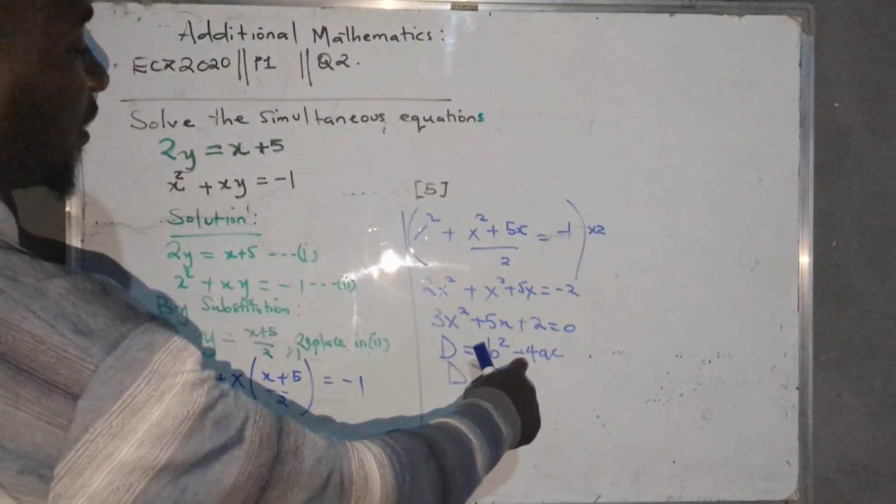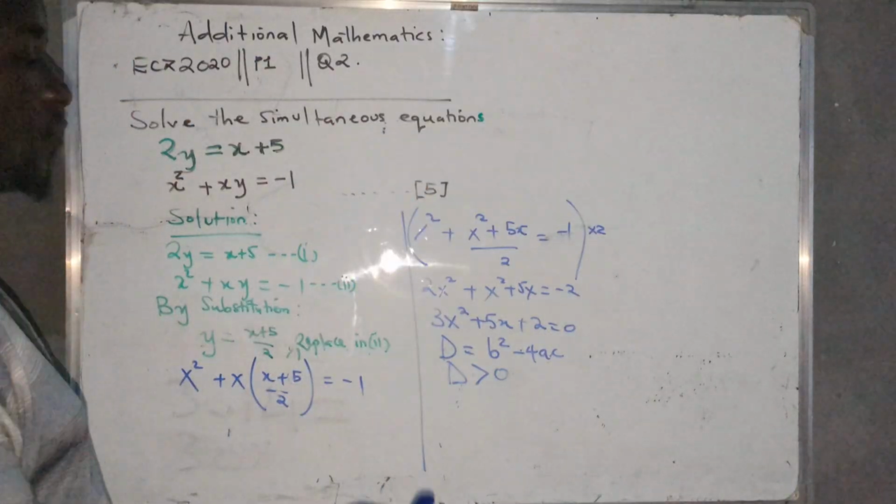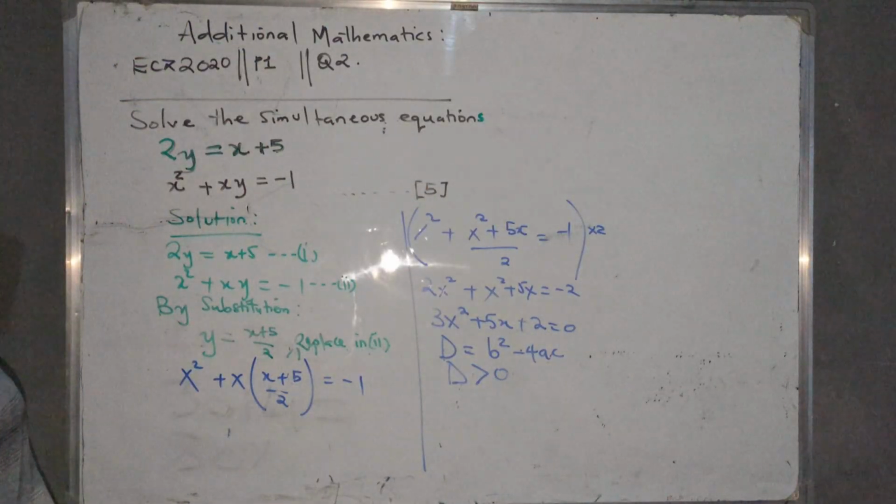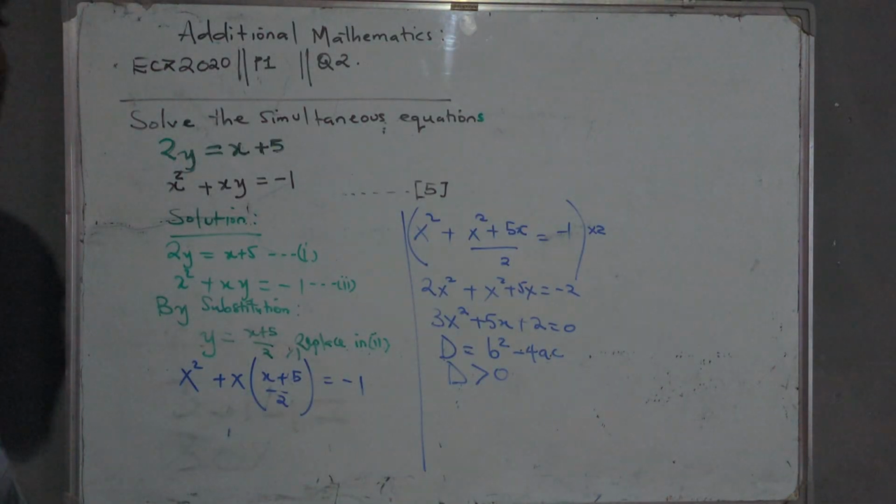So 25 minus 24 gives you a 1. So 1 is greater than 0. So it means that this question is solvable by factorization method. So using factorization method, you understand to say